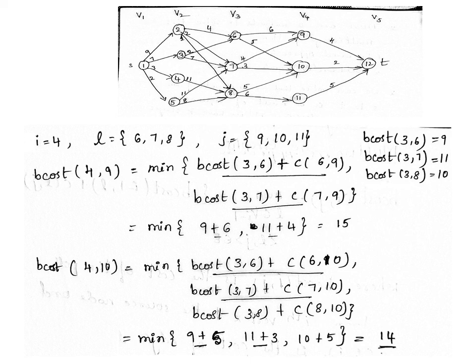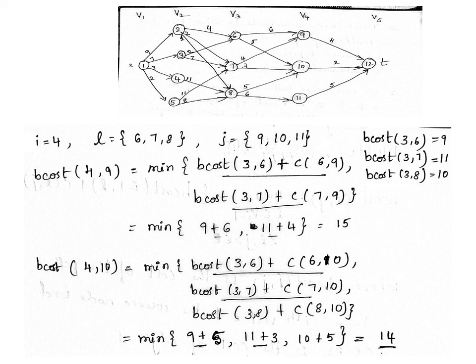So consider this graph. This graph contains 5 stages, that is V1, V2, V3, V4 and V5. If I consider this as the first stage V1 and V5 as Vk, V1 and Vk will have single nodes, called the source node and the sink node. That is, we have only one node in the source stage, and in the last stage also we have only one node. The multi-stage graph problem is to find the minimum cost path from the source node to the sink node.